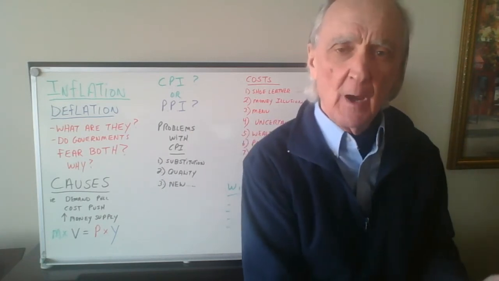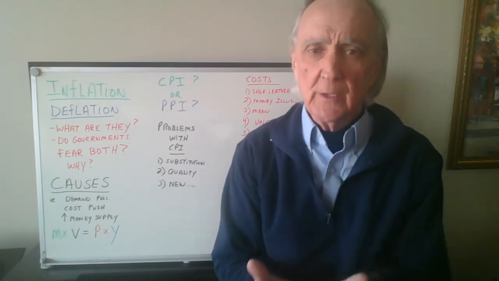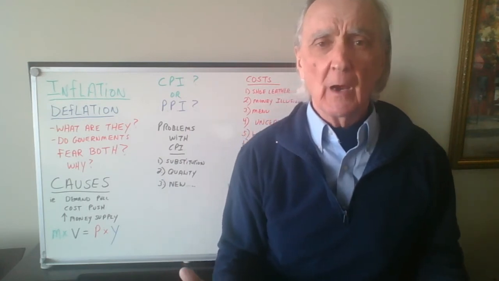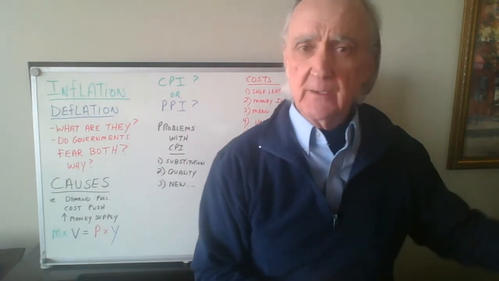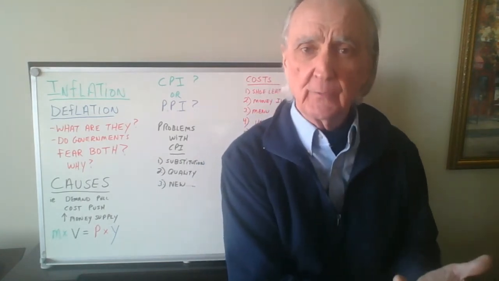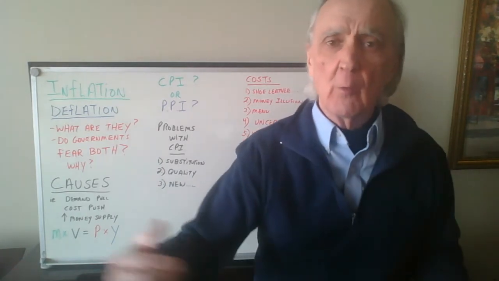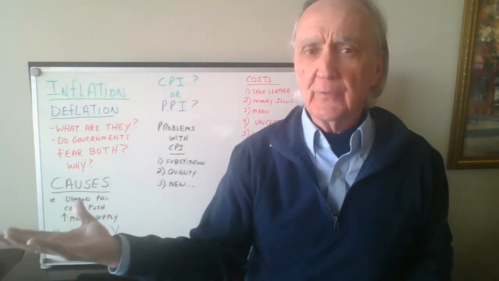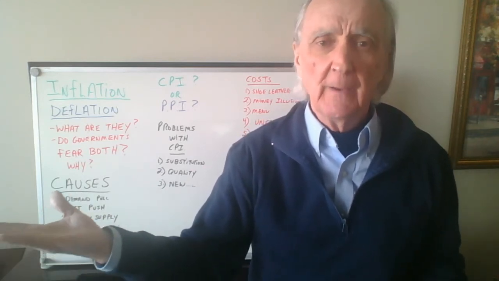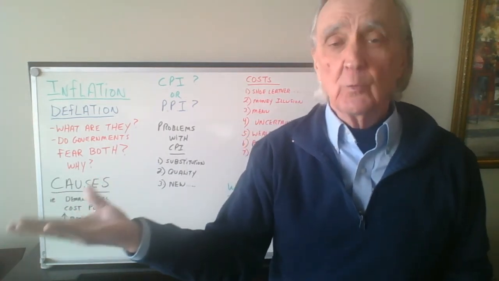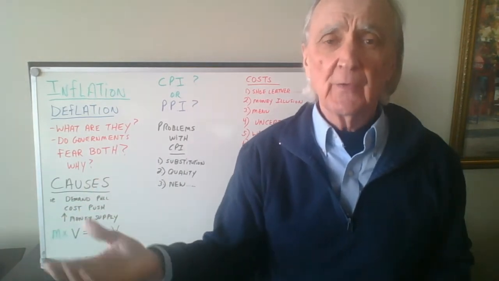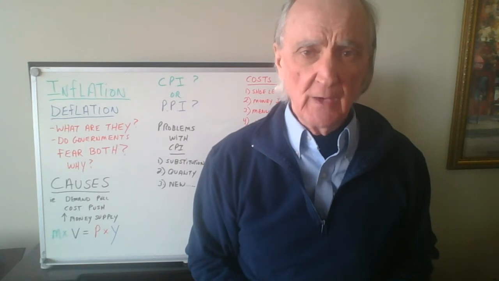And they try to keep that market basket the same year after year after year, so we can compare what prices are doing. So if we go back 20 years and we have that market basket and we use that as our base year, we say, all right, that's 100. And then we go forward 20 years and we say, what does that basket of goods and services cost now? And it's 140 or 120, let's say. Say, well, we've had a 20% increase in the price of that market basket. So that's the tool we use to measure inflation.